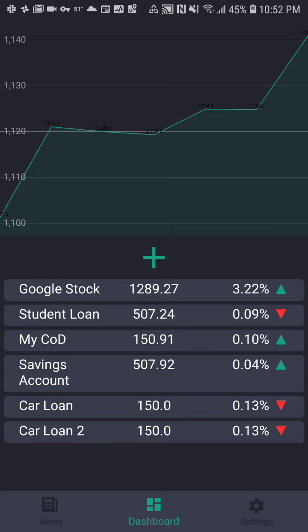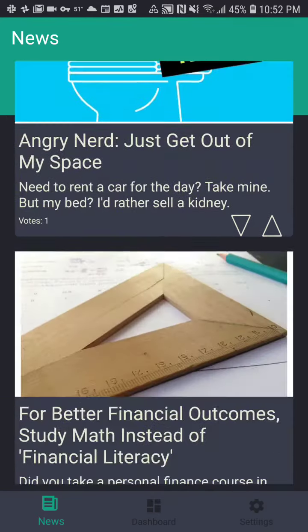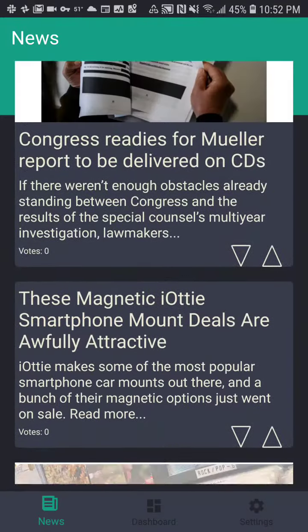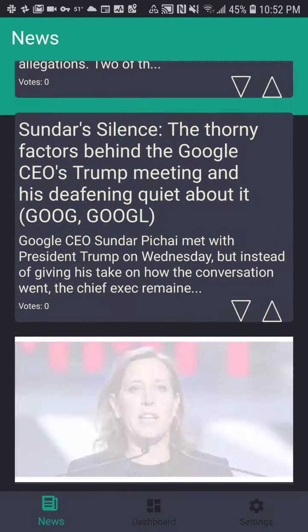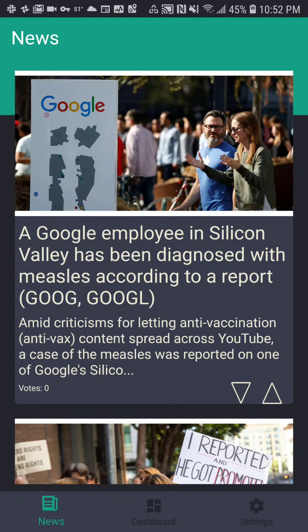If you press on the button in the bottom left-hand corner, it will take you to the news feed, which is a list of articles which have been recommended to the user by the server based on their assets and liabilities. For example, this user has invested in Google stock, so if we scroll down, eventually we'll start to see some Google articles